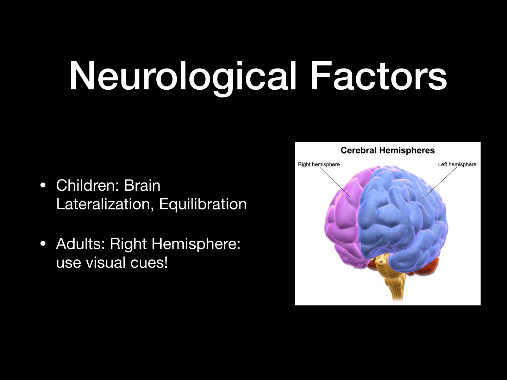There are neurological factors to prove both sides of the argument. Children's neurological factors are that by the time puberty hits, the brain is completely lateralized. This means that all jobs have been assigned to each side of the brain, making it harder to learn a second language after this point because the left hemisphere is what would hold all of the language information. Something else that happens to the brain before the age of 15 is equilibration.